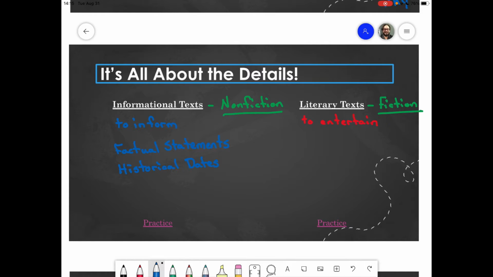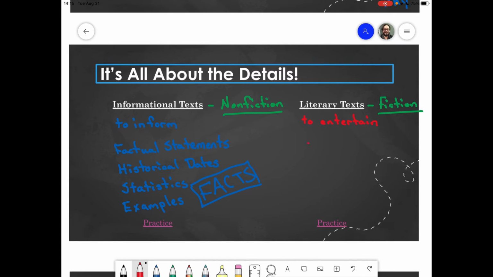Another example would be statistics, or maybe the author is providing an example to help explain a particular idea. So the details in informational or nonfiction texts are going to focus specifically on facts. Facts that are documented and easily able to verify. In literary texts,